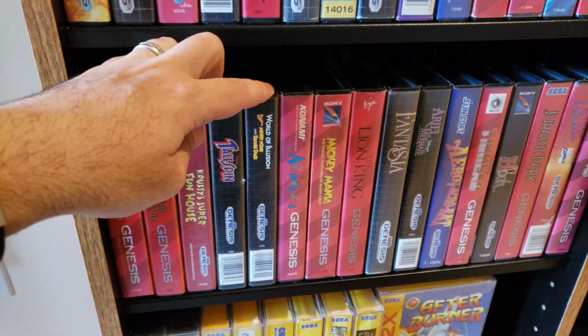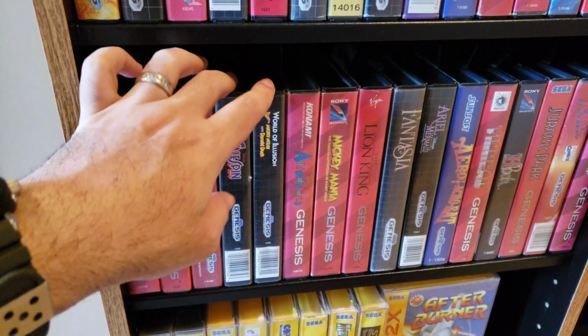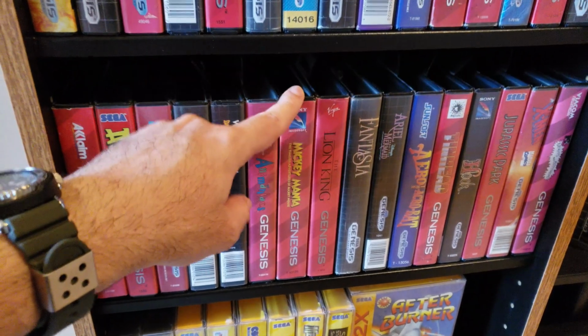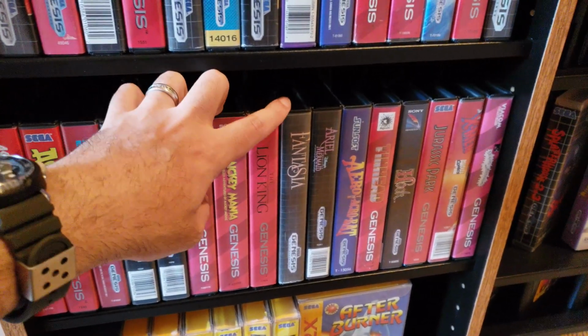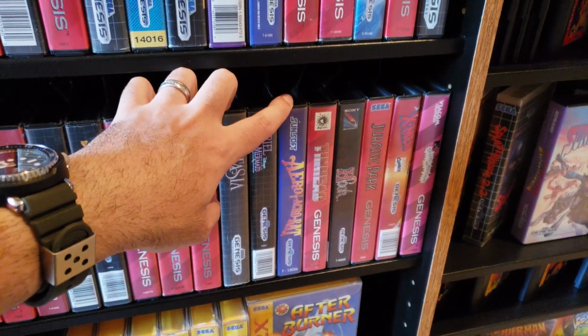Tailspin, World of Illusion, and these are some of my favorites. Actually, both of these games are excellent. Animaniacs, Mickey Mania. I need to clean that cart. I went to play that just the other day, and it didn't fire up, so I have to clean my contacts on that. Lion King, Fantasia, Ariel the Little Mermaid, Arrow the Acrobat,